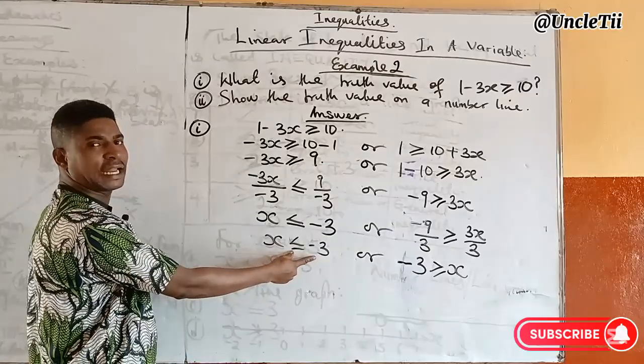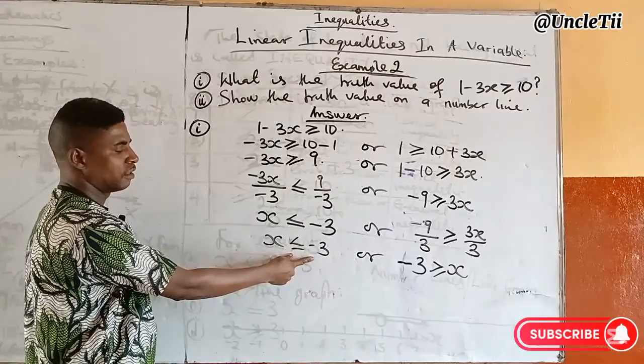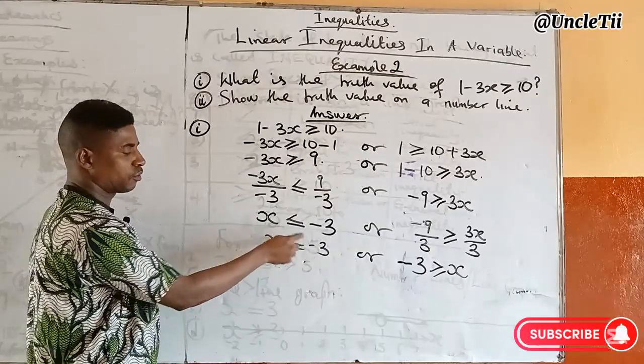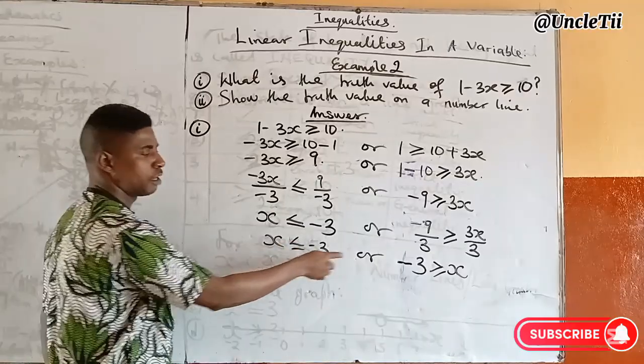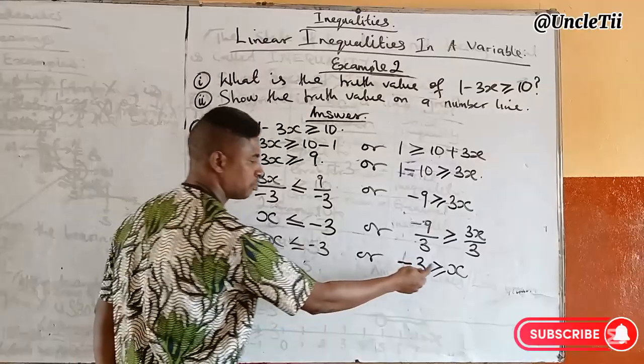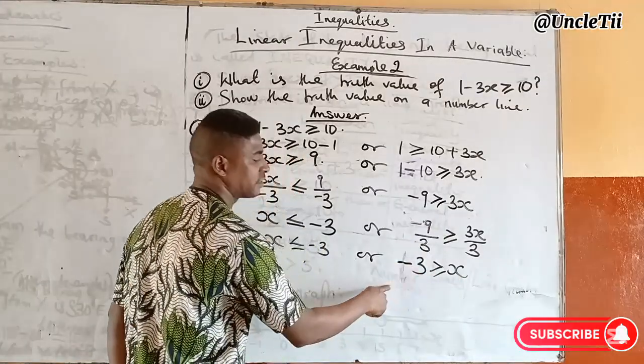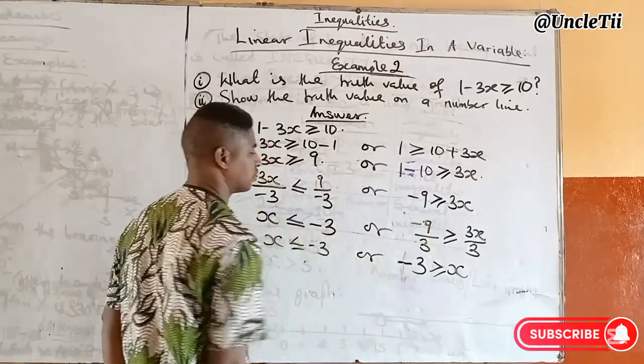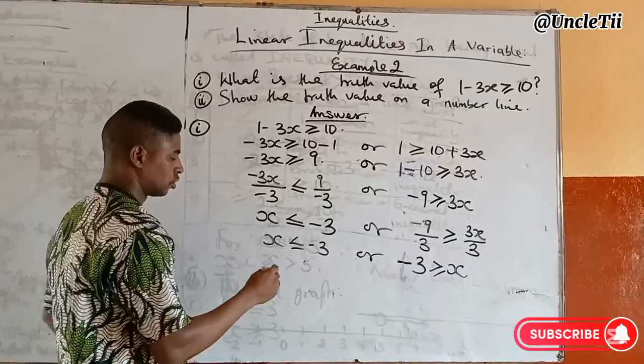We can draw our number line with this because the letter is already on the left while the constant number is on the right. But we can't do the same with that. So therefore, we must bring the letter to the left and take the constant number to the right. So doing that